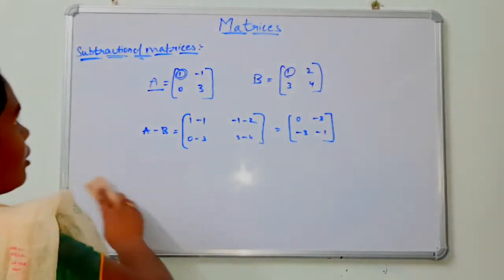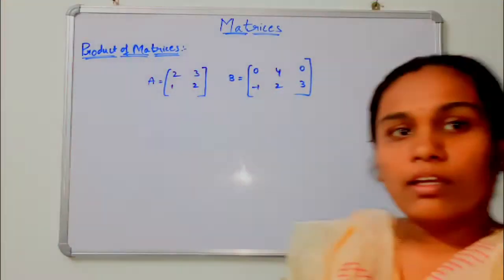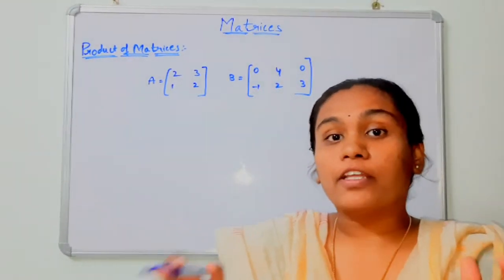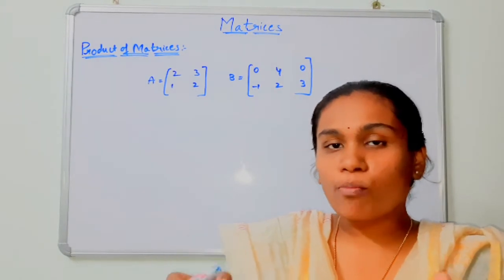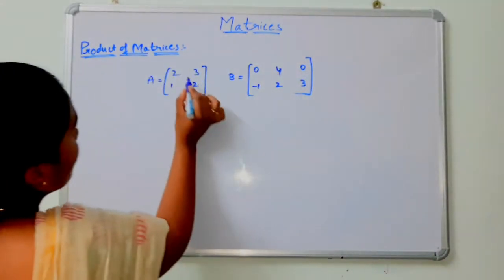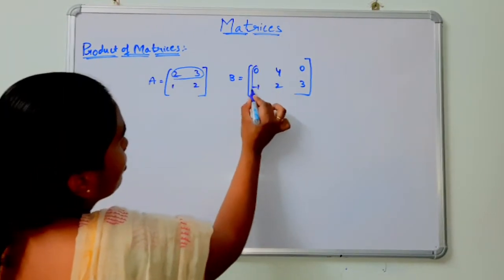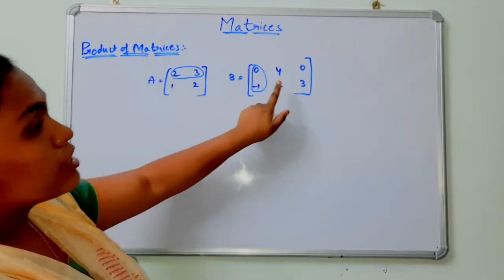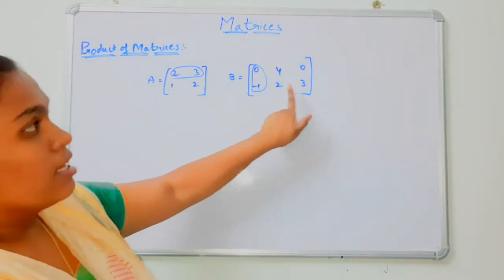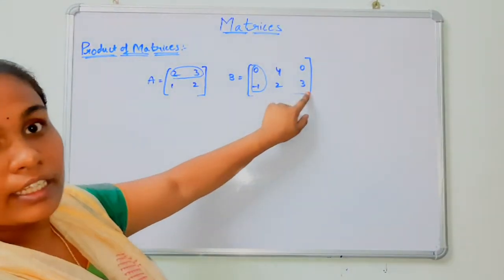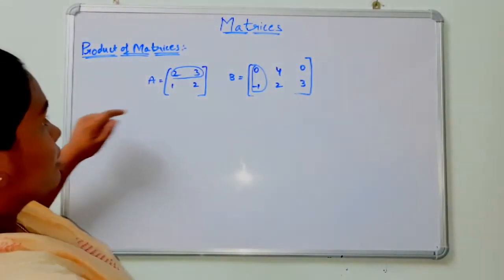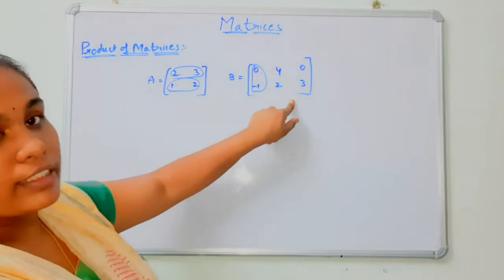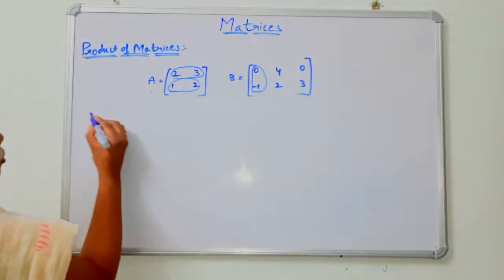Next, how to perform the product of two matrices? Do you know how to perform the product of two matrices? Now let us see the product of two matrices. How to perform the multiplication between the matrices? The multiplication of two matrices is performed on a row and column basis. We have to multiply each row with each column present in the B matrix. Each row present in A should be multiplied with each column present in the B matrix. Let us see how it is performed.